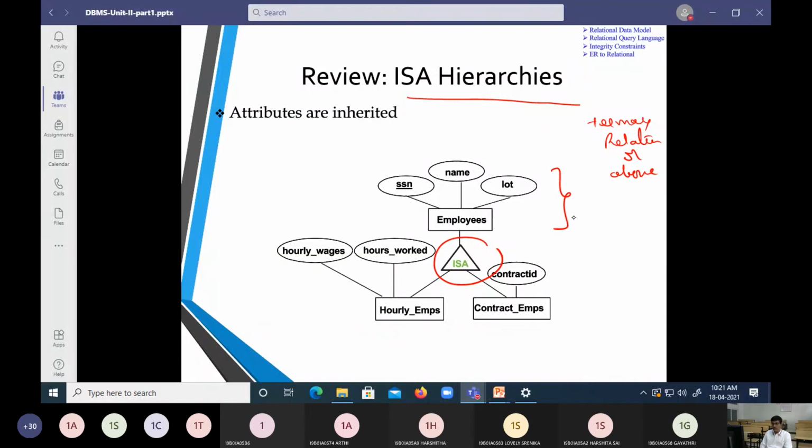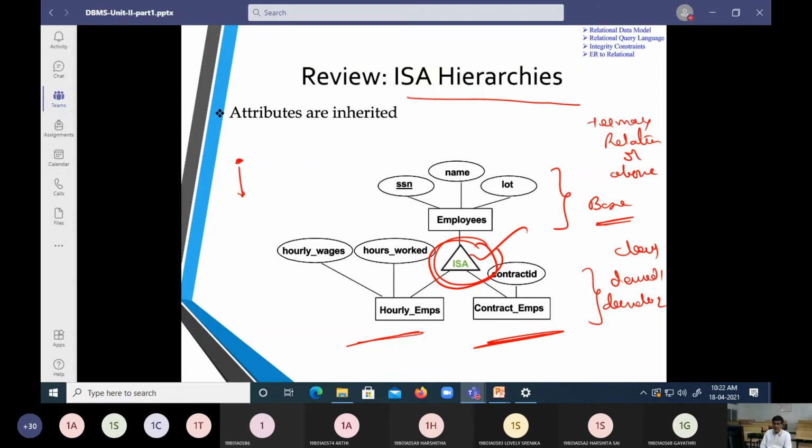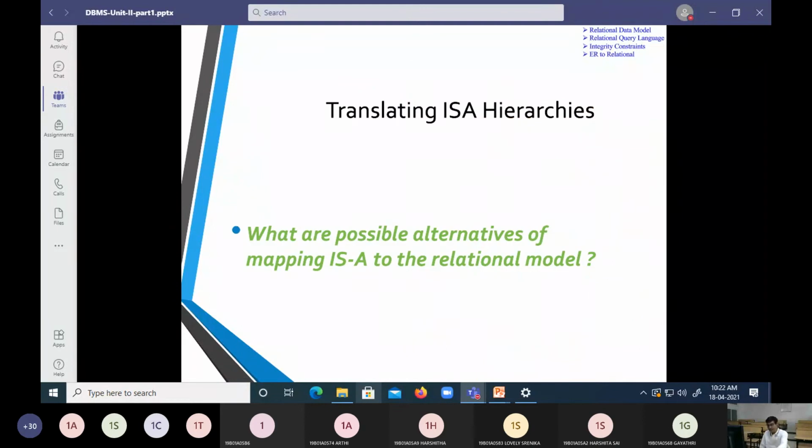So I am going to have this employee, we are going to assume it as a base, and I can say it is the derived class. It is going to be derived class 1 and derived class 2. So one set I am going to call hourly employees, another set I am going to call contract employees, and the relation is going to be "is a", and it is going to be in levels, in the form of levels in representation with a granularity.